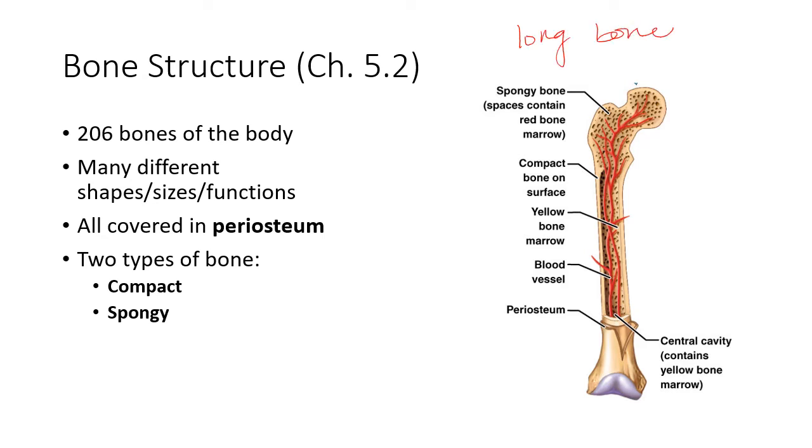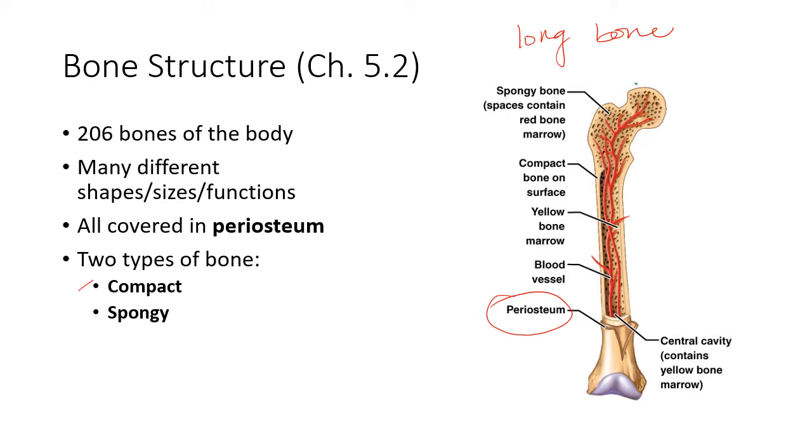In general, bones are made of 3 components. First is the periosteum. The periosteum is a membrane that covers the surface of the bone. It has a blood supply, so it helps to provide nutrients and remove waste. It also acts as a protective cover for bone. And then bone